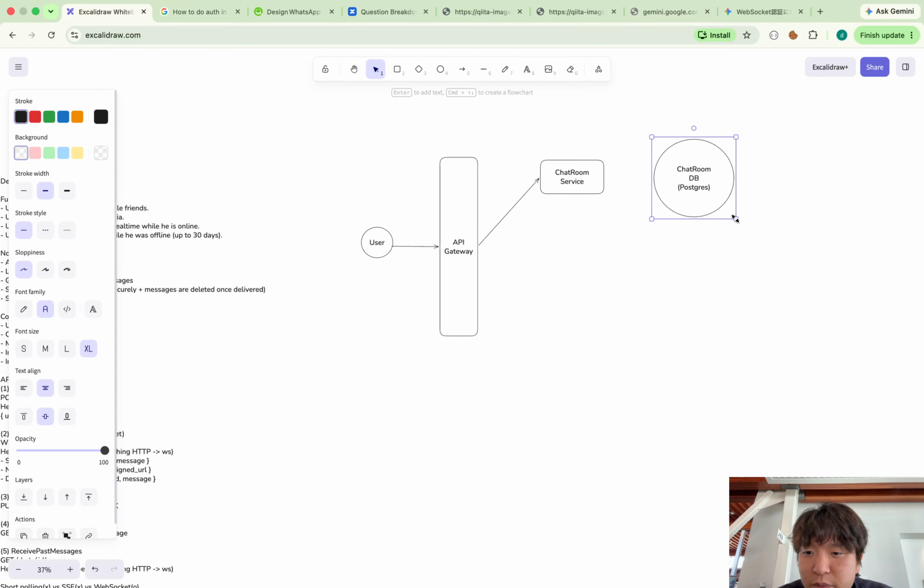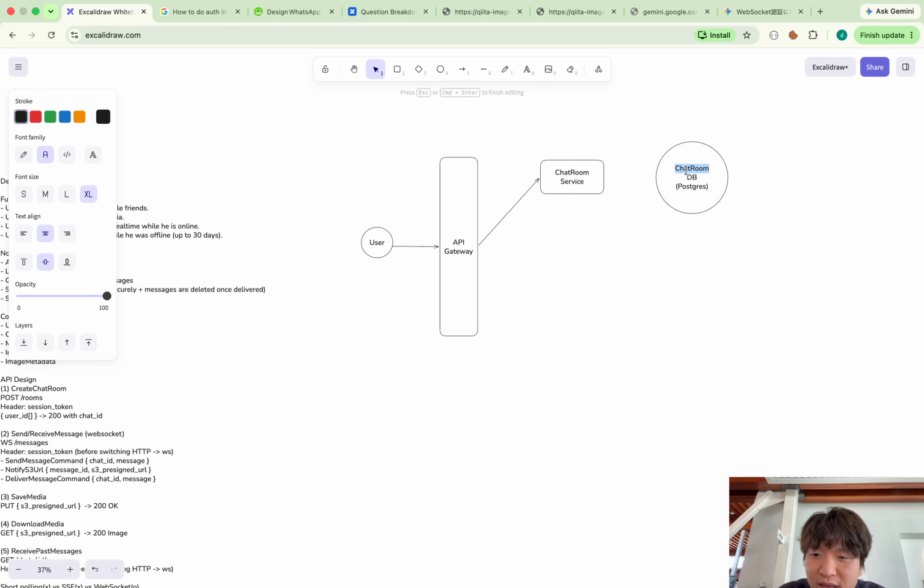We don't have a specific requirement for the database yet, but typically we would try to fetch users associated with the chat room. So we probably use join queries so often for this purpose. So I think PostgreSQL is good for now, but I will change the database if necessary later.